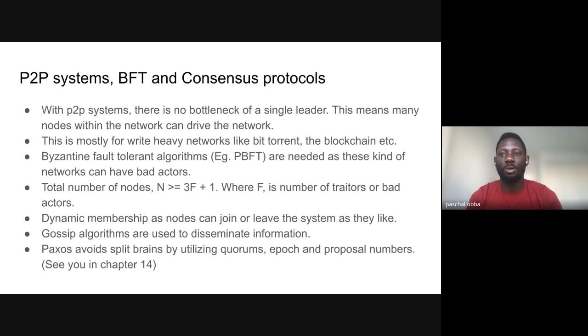You have epochs as well, which handles the case where a dead node comes back. If a dead node comes back as the leader, it's going to show when it thought it was the leader last. And it can say, oh, I thought I was the leader yesterday. And then they're like, oh, we've moved on from that. Your epoch is old, so update it. And then there are proposal numbers as well. So you have a sequence counter to say, when did you propose? And it says, oh, I proposed yesterday. They're like, oh, that's old, update it. So it's just about ensuring that bad peers don't go out, come back into the network, and then cause confusion. In chapter 14, that will be covered more, but that is how better algorithms handle split brain